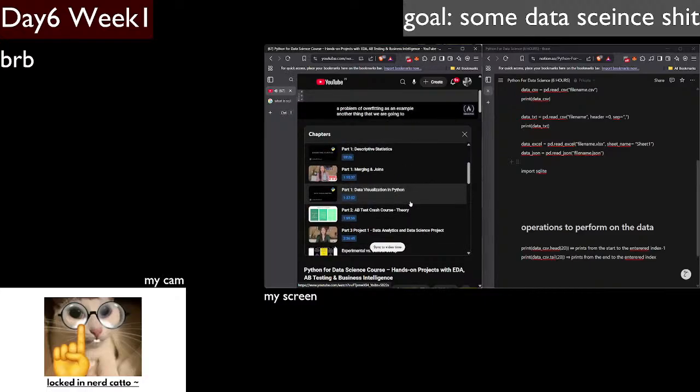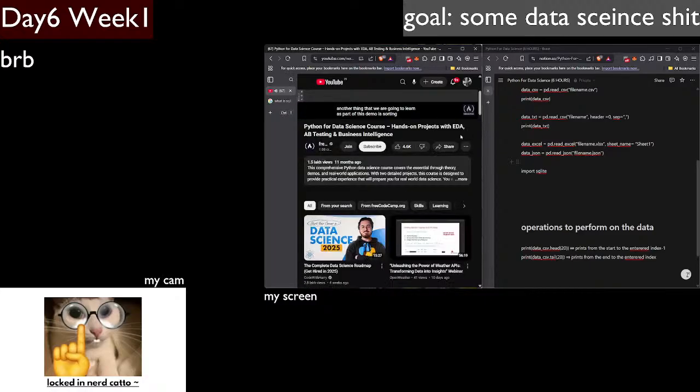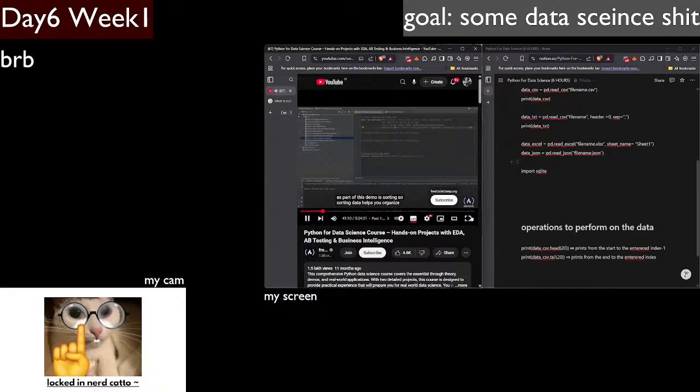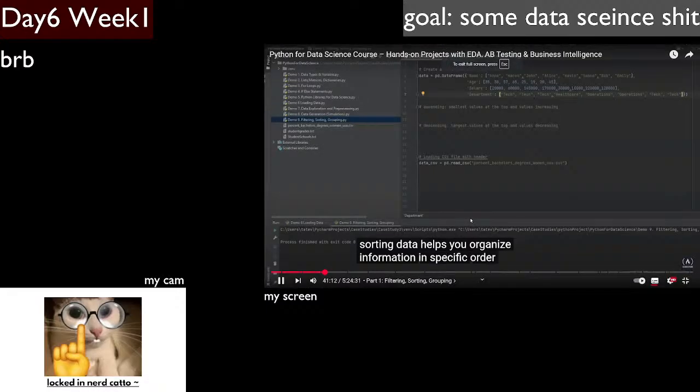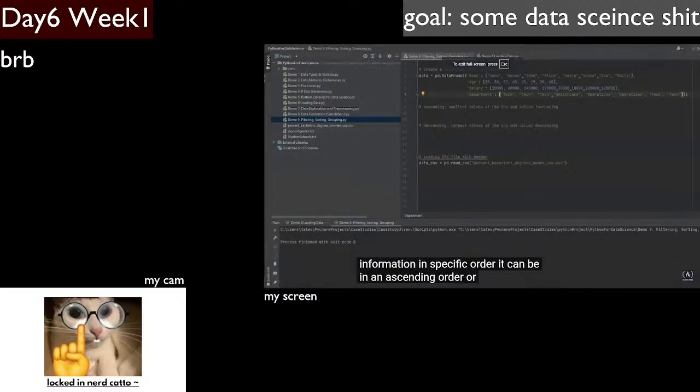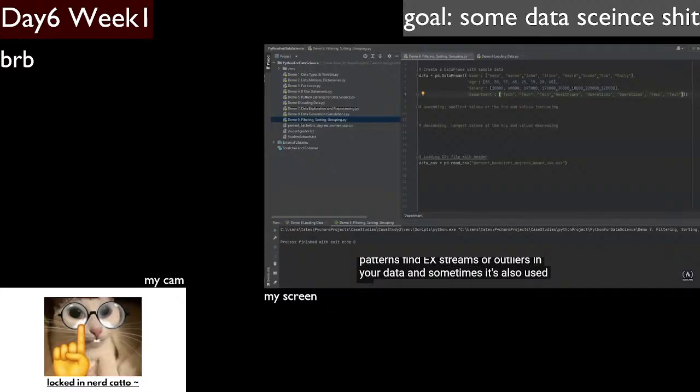Another thing that we are going to learn as part of this demo is sorting. So sorting data helps you organize information in specific order. It can be in an ascending order or in a descending order. It can help you to visualize your data. It can help you to identify certain patterns, find extremes or outliers in your data. And sometimes it's also used as part of time series analysis, or for instance, to look into the sales performance